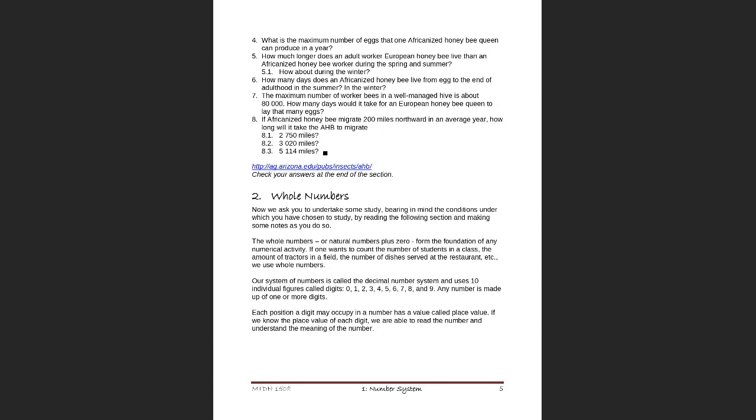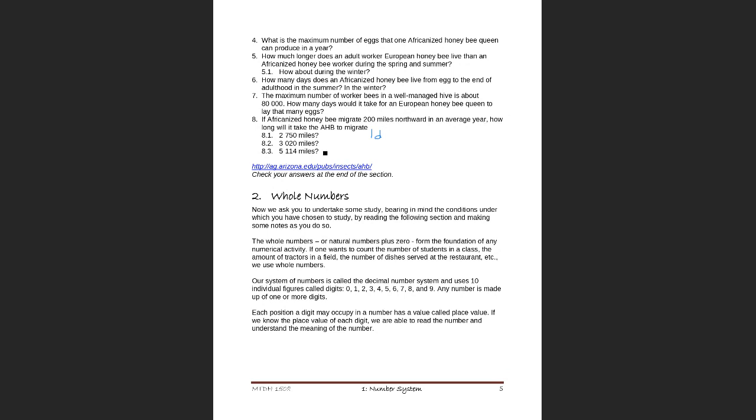As I told you, you must always get a working formula when you are working with math, because ratios are very powerful because it makes you do a comparison easily to find an answer to a question. Because you see that here, it says that the maximum number of bees in a well-managed hive is about 80,000. Now, how many days can it take a European bee, queen bee, to lay that many eggs? You will know that for one day,